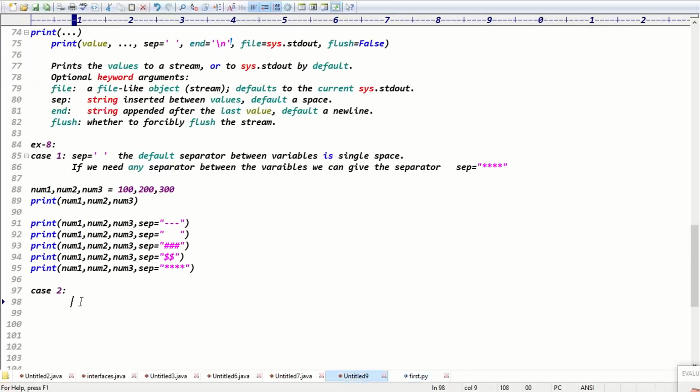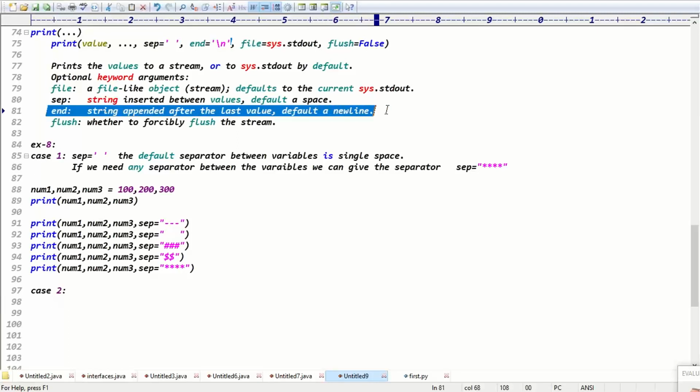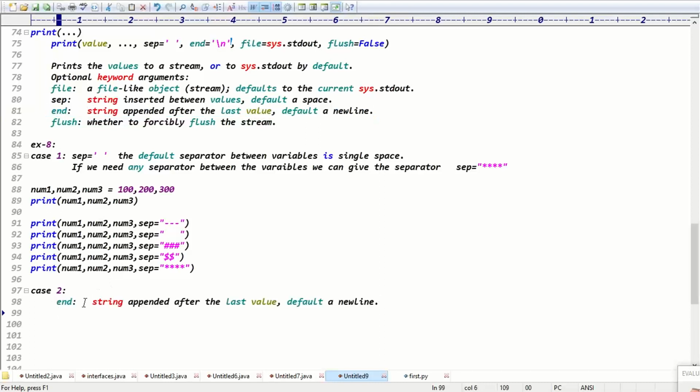Exactly, guys. So next one is end. End means a string appended after the last value. Default is new line.